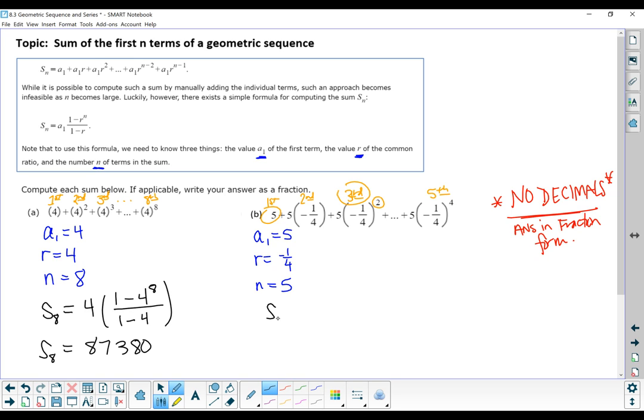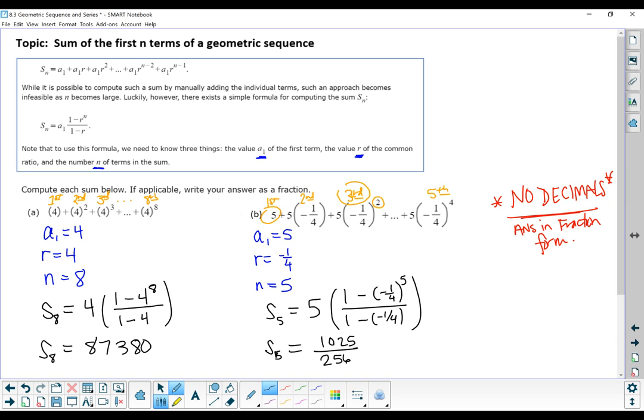So the sum of those 5 terms is going to be the first term multiplied by 1 minus the ratio to the n power over 1 minus the common ratio. And if we calculate that, we get 1,025 over